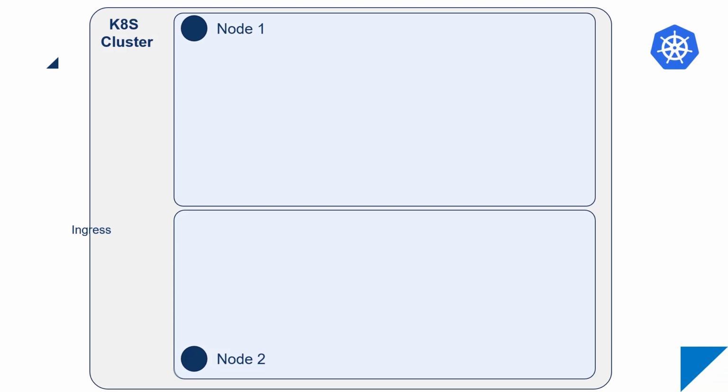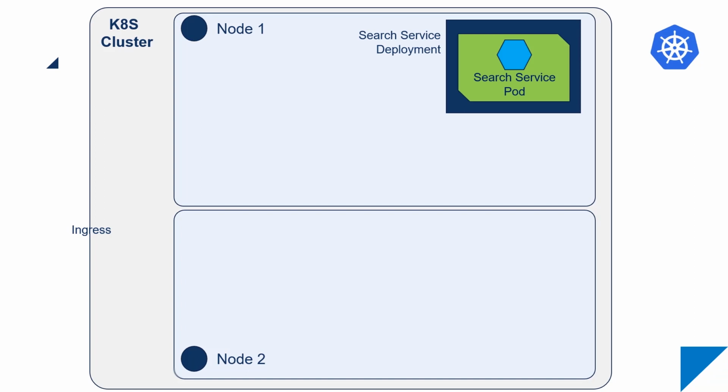This is a sample of a 2-node cluster that I have up and running. And this is just a diagram, of course. But if I have a search service, like I said, this is a replica set of one pod, and I can just roll that out onto my cluster using a deployment. And then if I want to call this service, I create an endpoint, which is a Kubernetes service, in this case the search service, and I create an ingress to make sure that people from outside my Kubernetes cluster